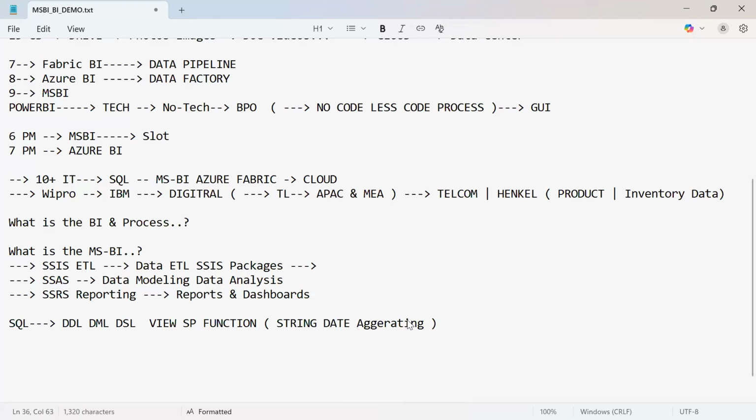Okay, so let me show you practically. To start with the practical for MSBI, you need to install just two things. One is SQL Server, to store your data; it is like a box where you store your data.